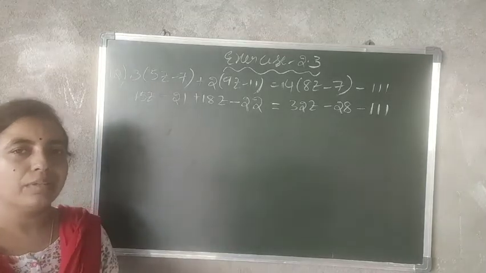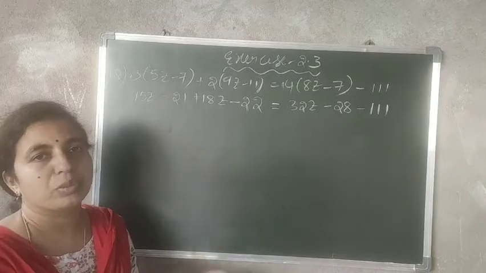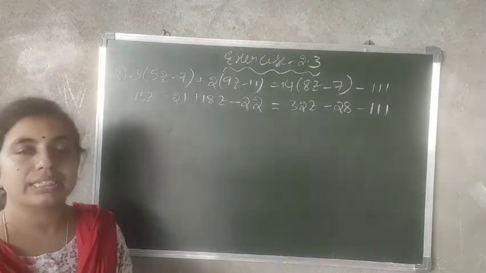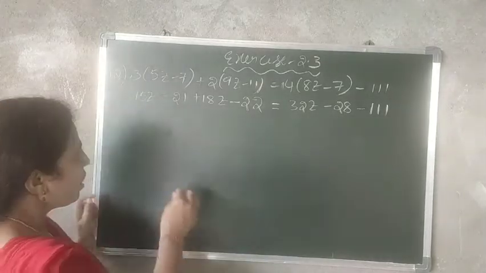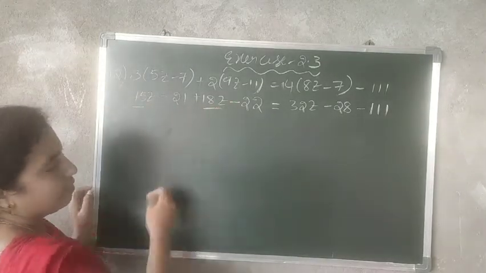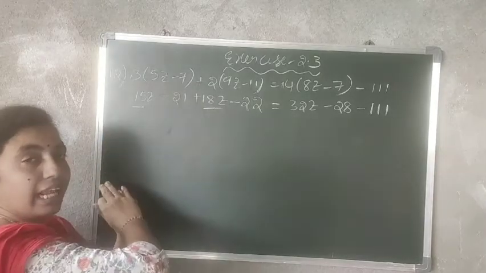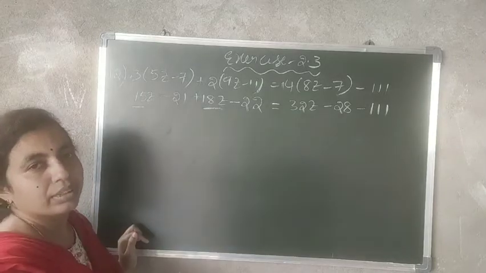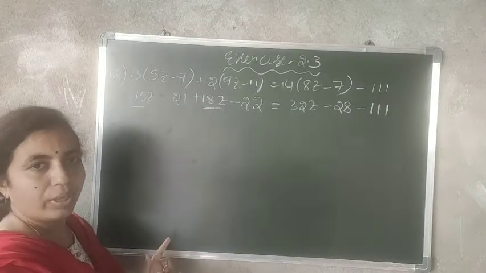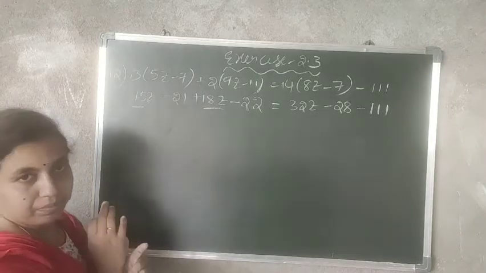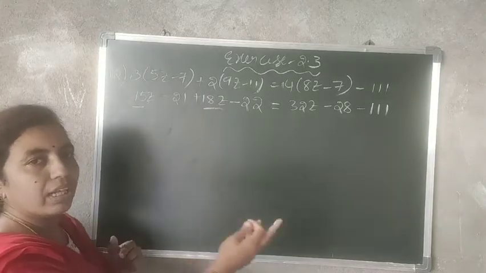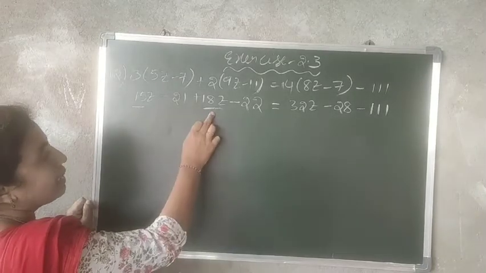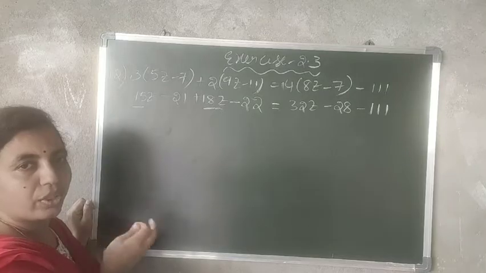Separately see the like terms and add or subtract, whatever is possible. You have to consider like terms, like fractions I said. See here, 15z and 18z. These two are like terms. Left hand side like terms separately, right hand side like terms separately you have to consider. Don't mix them, both are on different sides. So first go for LHS and then RHS. First on the LHS, what are the like terms you have here? 15z plus 18z. Both are positive, so you can add them.